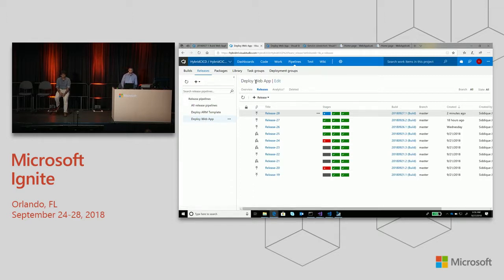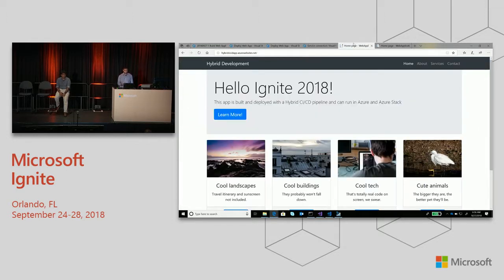Yep, and so we saw that the Azure website succeeded. So let's just see if it worked. We've refreshed the page, and as it loads, it should say, Welcome Ignite 2018. Just waiting for it to give it a couple more seconds to load through. But while that's happening, the same process is still happening in the background for the release agent for my Azure Stack web page as well. So it is something that you can deploy. And as you can see, the web page loaded, and it says Welcome Ignite 2018 for Azure.